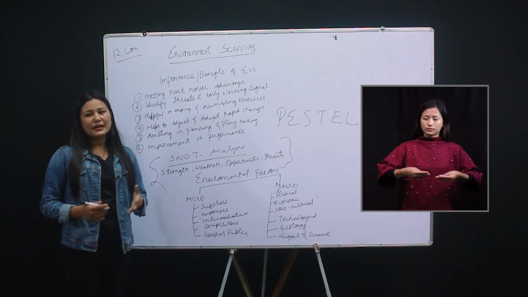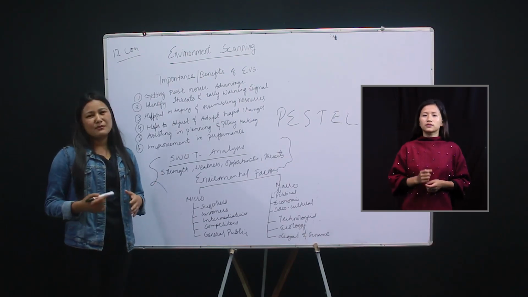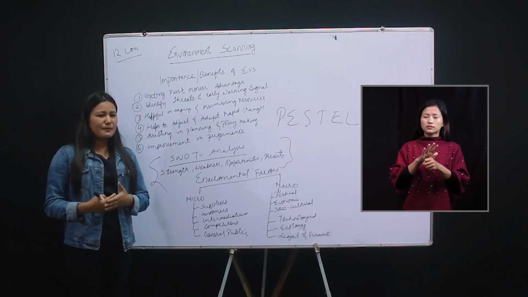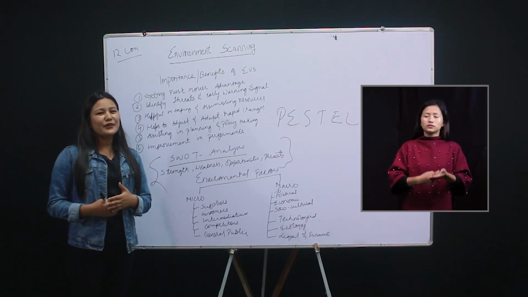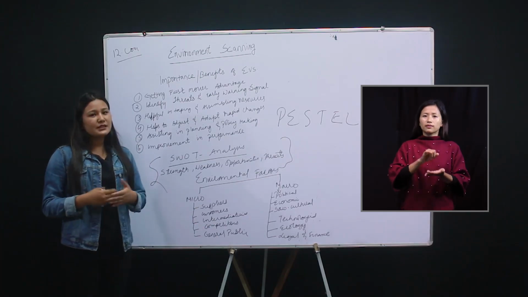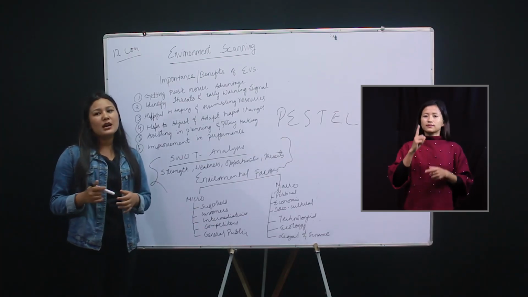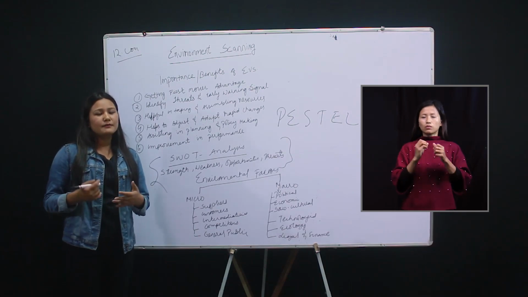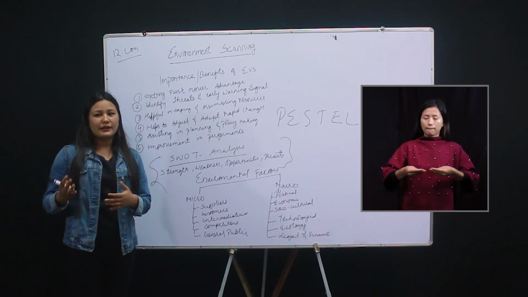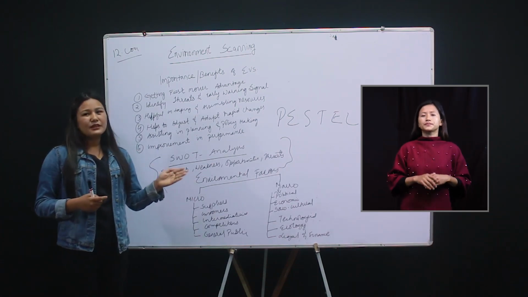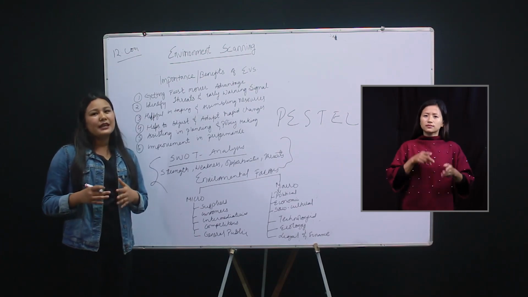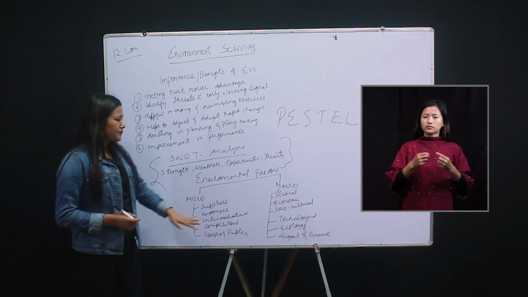For instance, in the year 1977, when the Janata Party came into power, they made a rule to send back all the foreign companies. With the coming of the Janata Party in 1977, Coca-Cola, as you know, is a US brand, so they also had to close down their business and go back. So political factors have a great influence on your business, and directly affect your business.